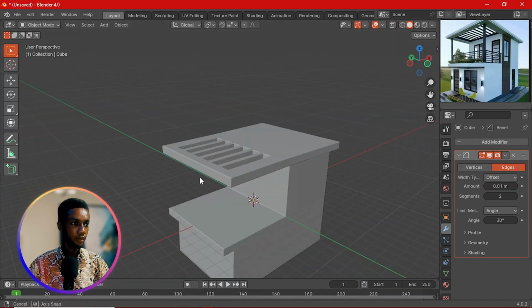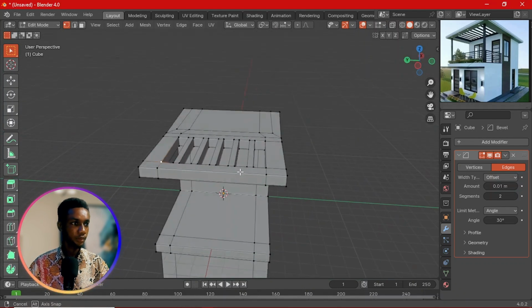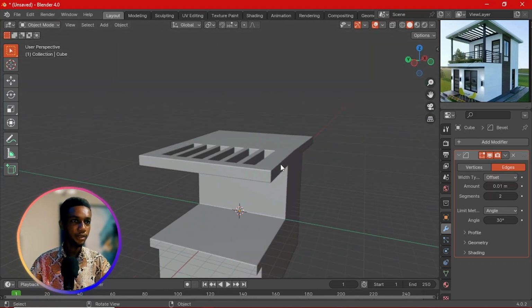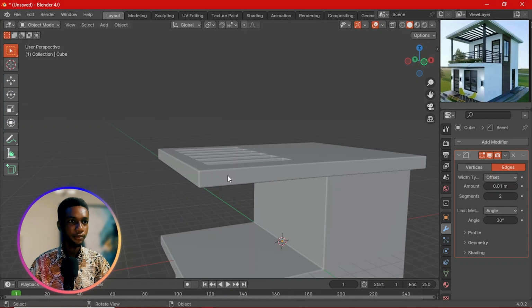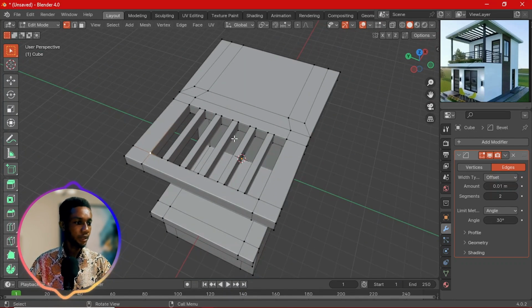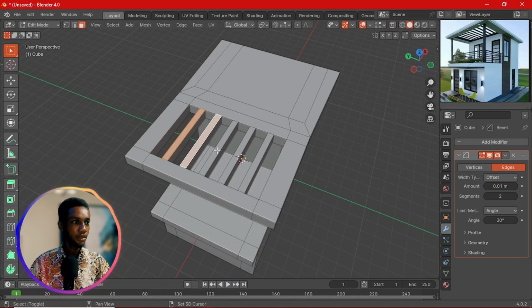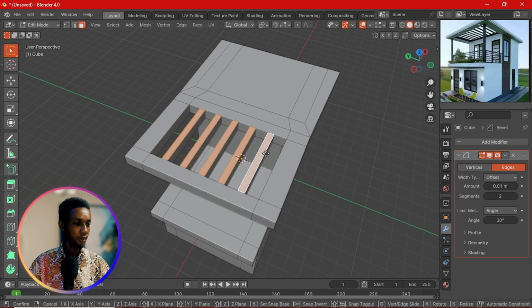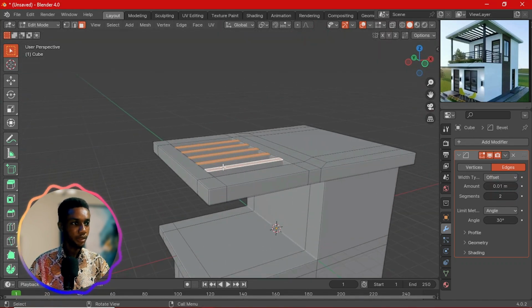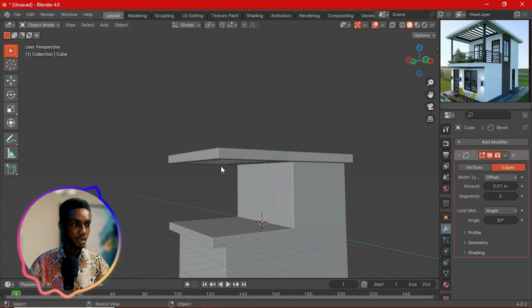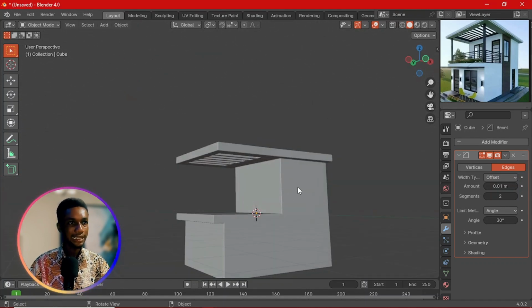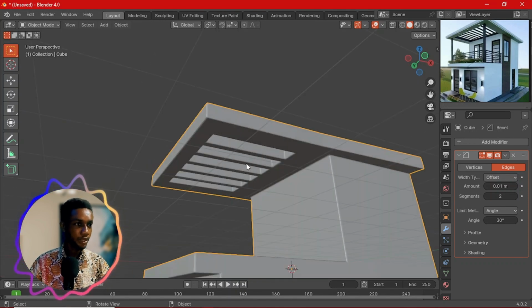Okay, this looks good. All right, so that is done. I feel like I need to do something. It doesn't really look like what is in there, so I feel like I should probably push this down, but it's not going to work. So let me just keep it like that. I don't think I'm going to get exactly the same thing though, but let me just select this, and then